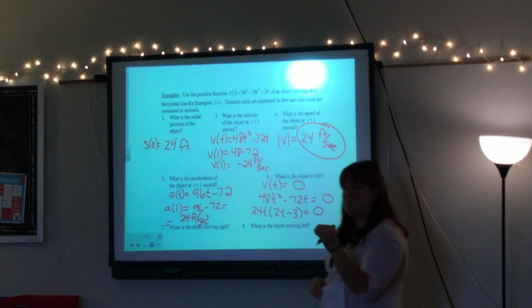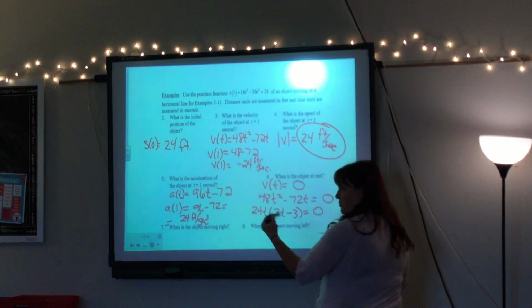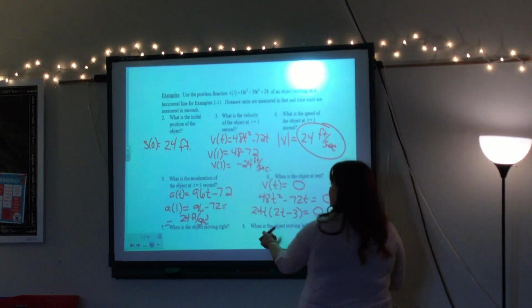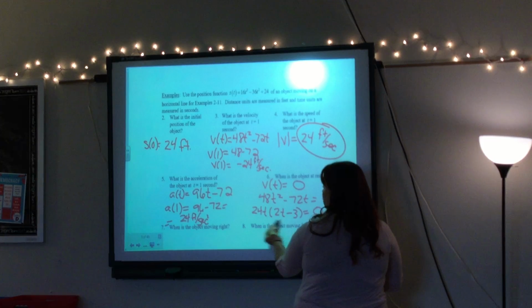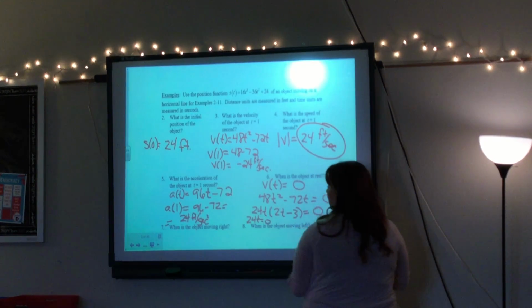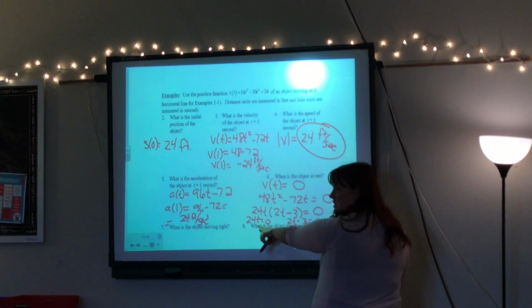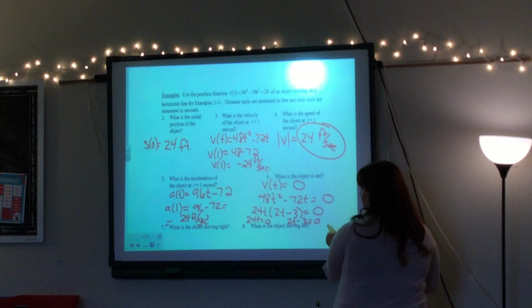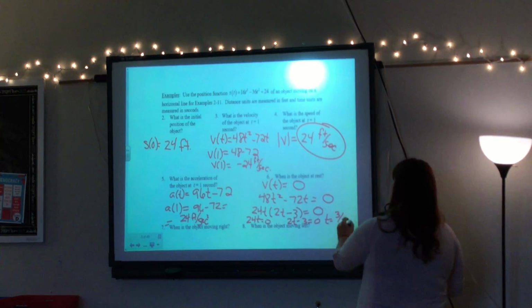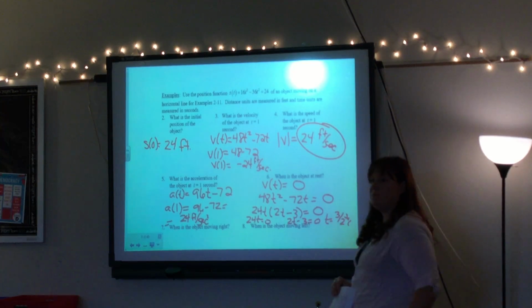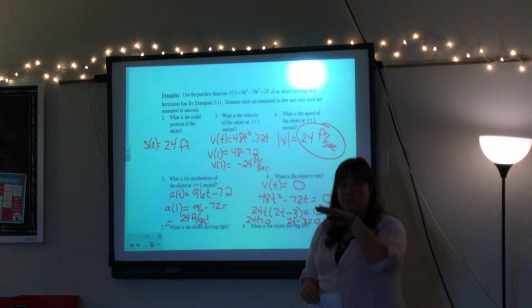So at 0 seconds, it's not moving at all, right? Because of the zero product rule, either this factor has to be equal to 0 or this one has to be equal to 0. So 24t equals 0 or 2t minus 3 equals 0. So t equals 0, where we have no velocity, but also t equals 3/2, which is 1.5 seconds. At that time the velocity would stop for just a second and then it would keep going.